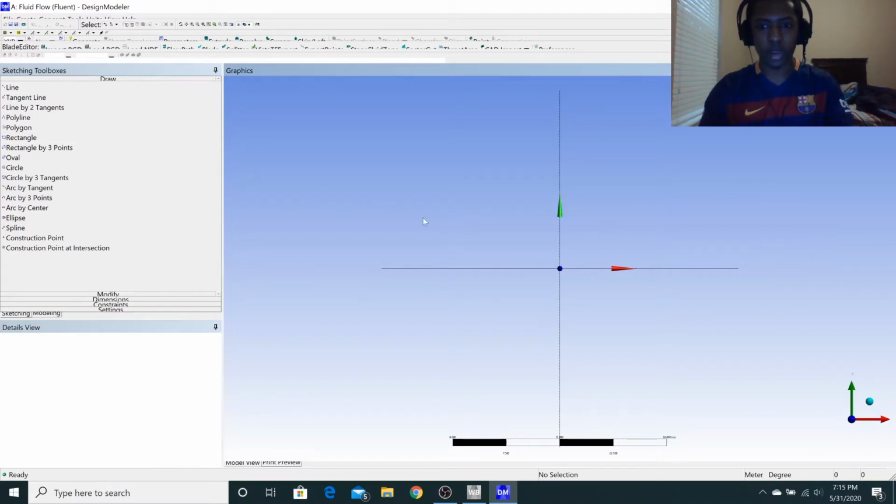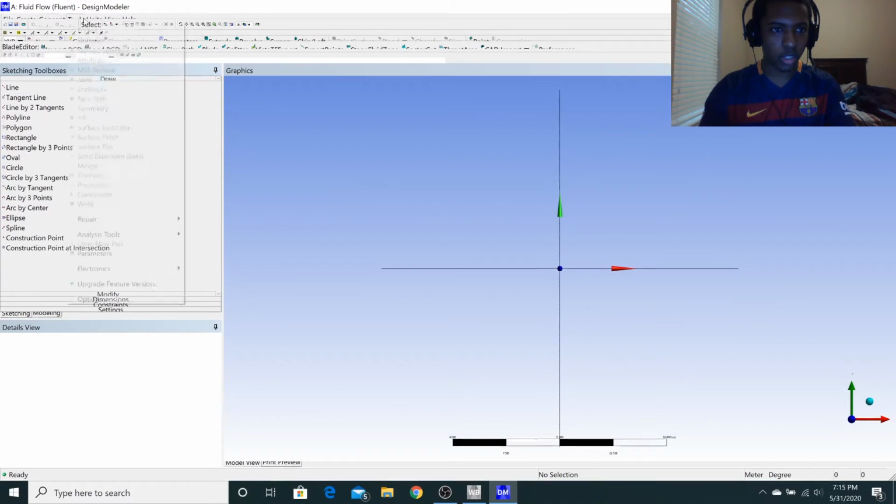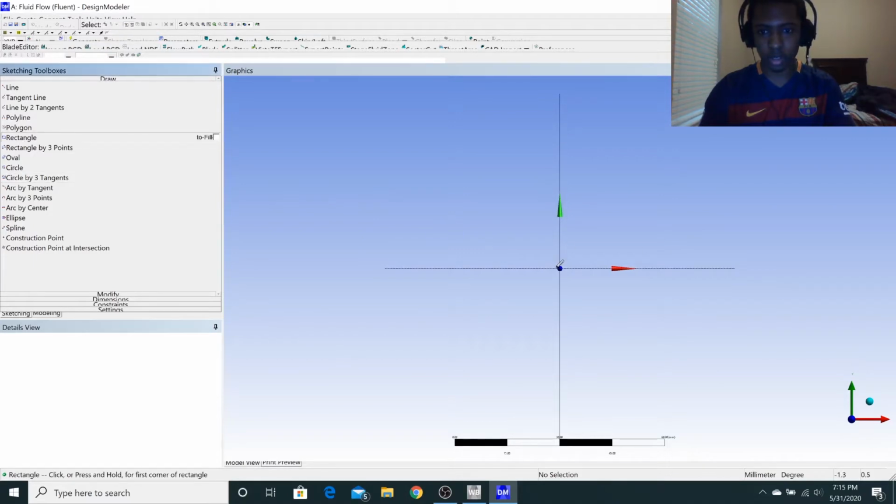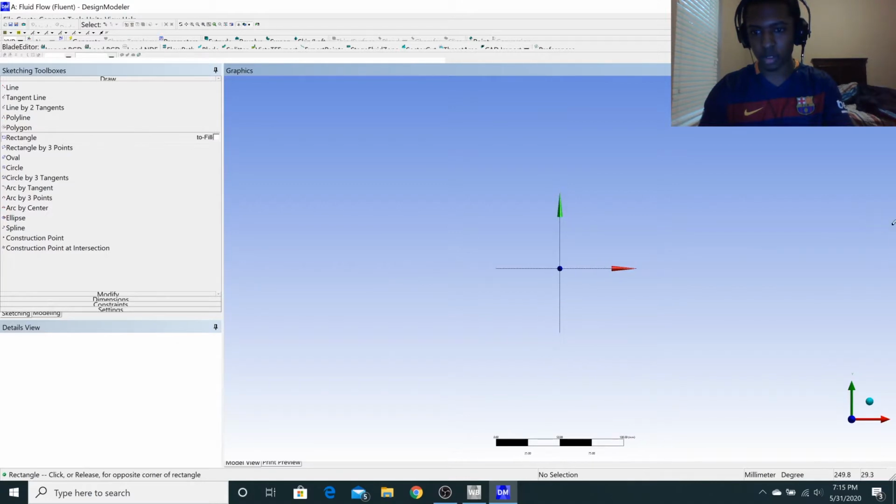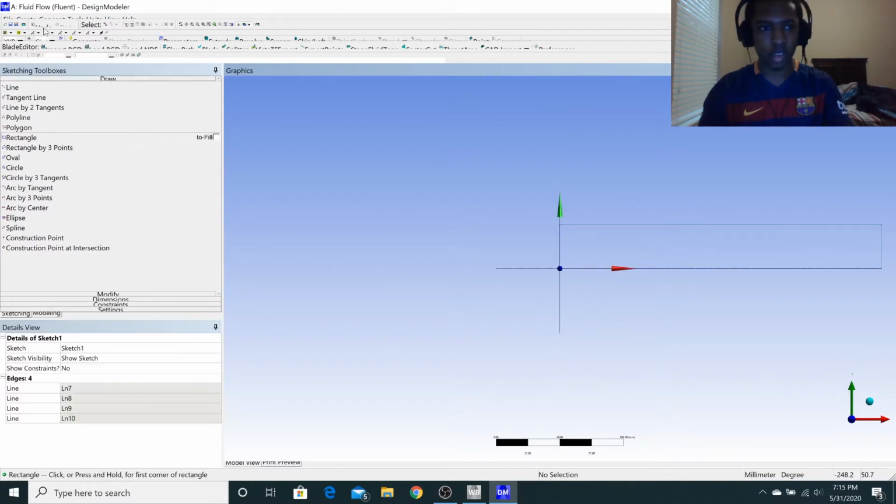Oh, before that, we actually want to change our units to millimeters. And now we can make a rectangle. I don't want to change it too much. Expand it out. Like that. Okay. So